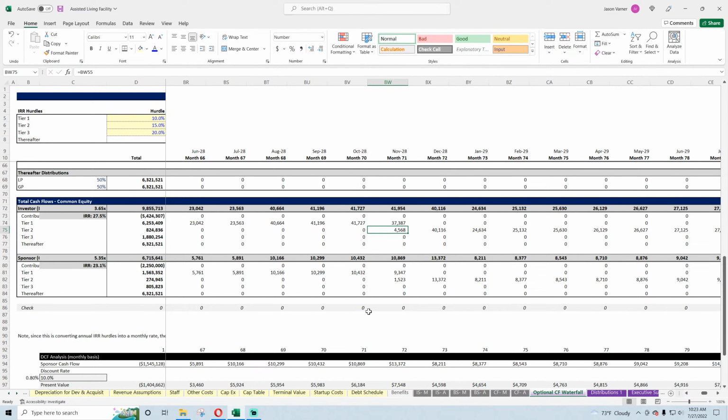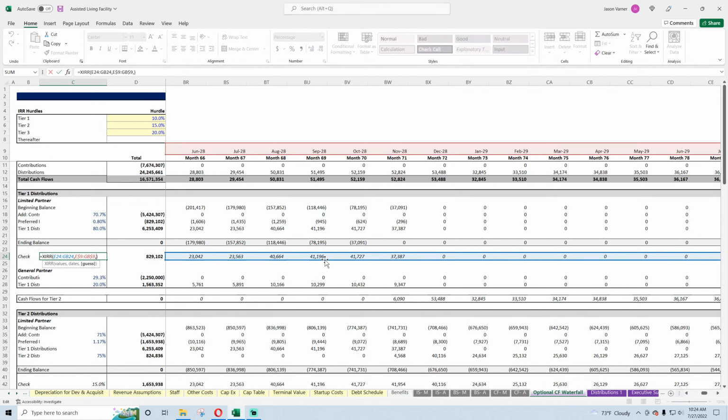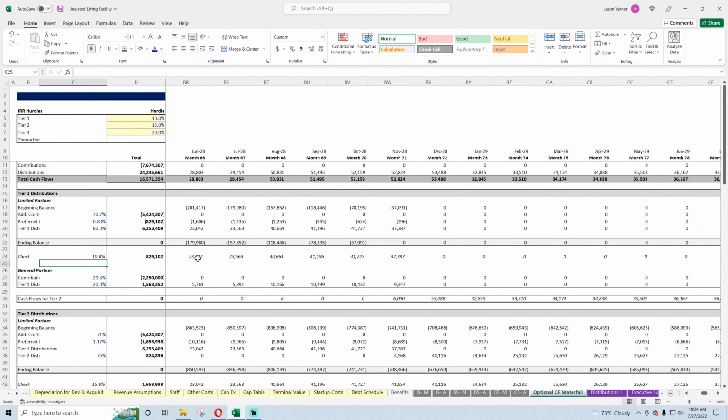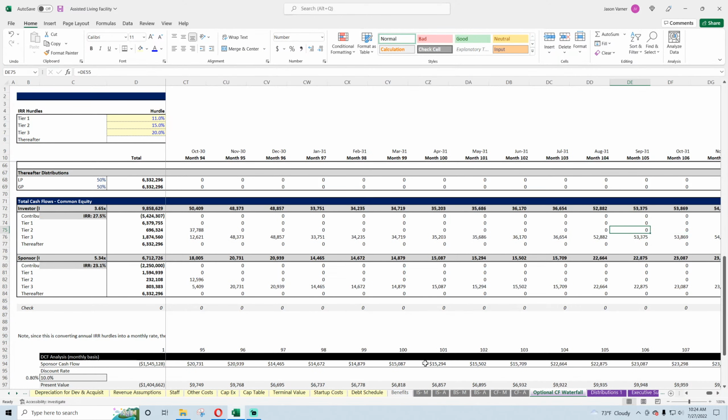And this means if you go up here, you can see the check for the hurdle rate, 10%, is looking at the IRR of all these tier 1 cash flows for the investor. And they match. You can see this is 10%. Now, if this were an 11% hurdle, we go out to month 75 to reach it, and then everything goes beyond that to the next tier, which is split a little bit more favorable to the sponsor. Then you go along here, and by month 94, we get to the third tier,